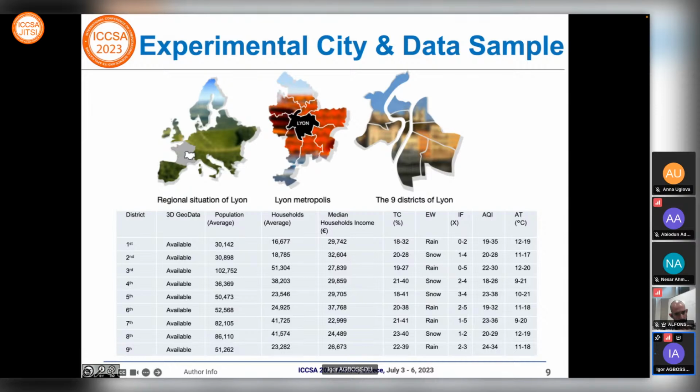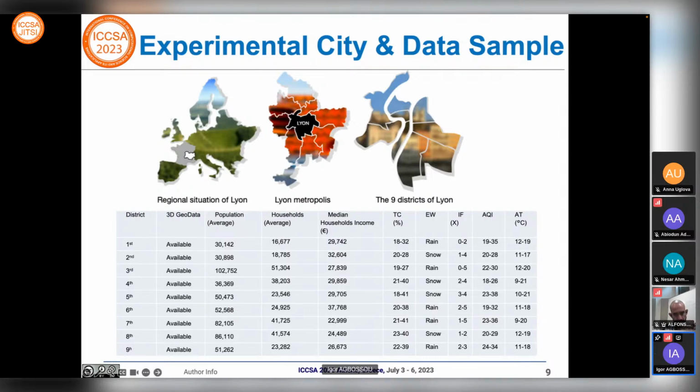This city has a population of over 5,000 and an area of 47 square kilometers. The implementation of the algorithm provides a valuable opportunity to test and refine the algorithm in a real-world urban environment. So we use some datasets,